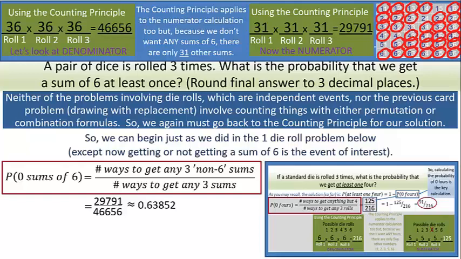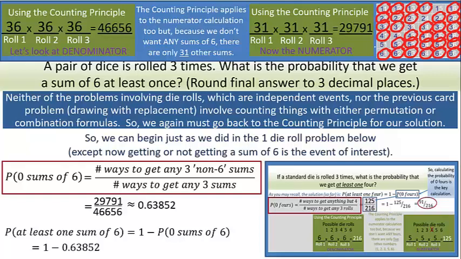Also remember, the final answer is not the probability that there are no sums of 6. We're actually looking for the probability that you get at least one sum of 6, but we know by the complement rule that the probability of at least one sum of 6 will be 1 minus the probability of no sums of 6. We just calculated the probability of no sums of 6 being 0.63852. So if you plug that in and subtract it from 1, you get